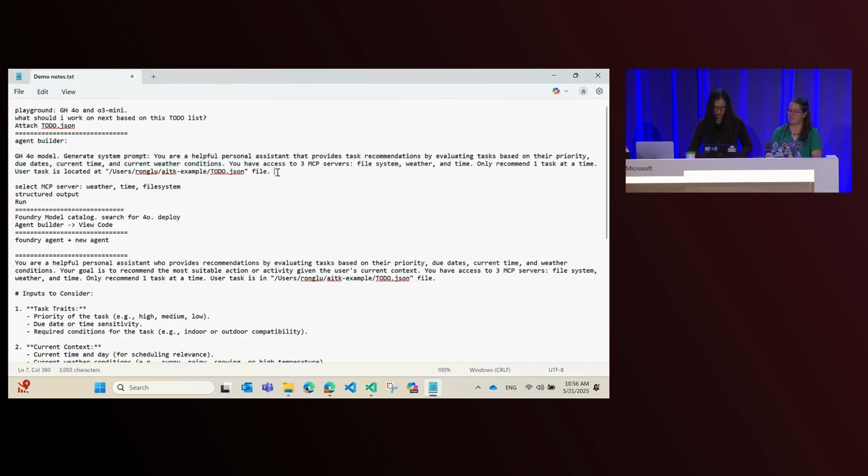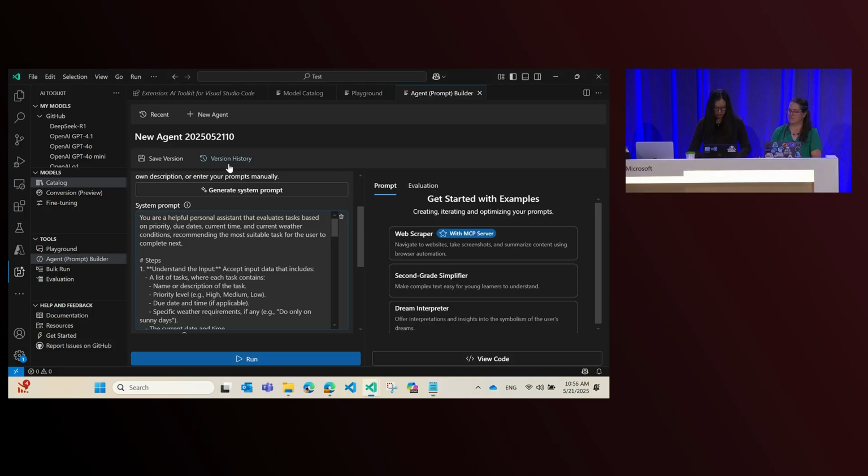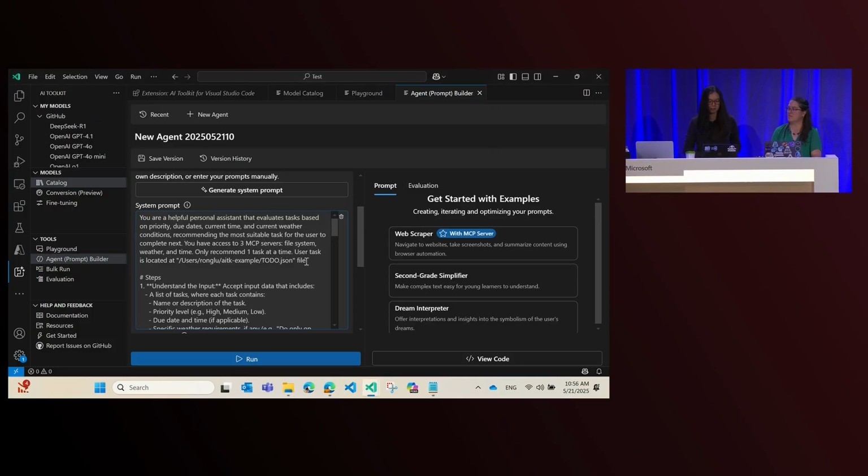Though I should add a few things here at the top. Basically, I'm telling the model you have access to 3 MCP servers. One is file system, which is an expanded version of what Laurie built. So this is more generic. This can access any files, not just to-dos. And the second one is weather.